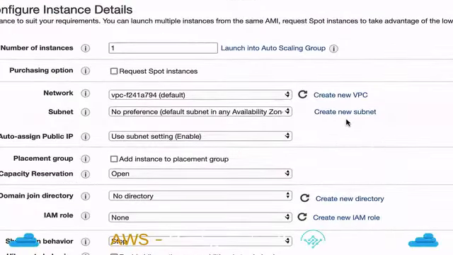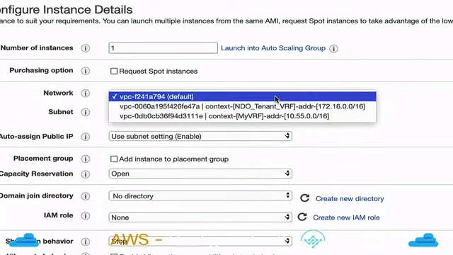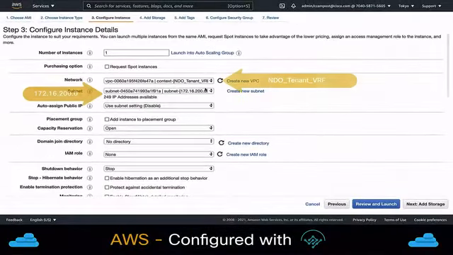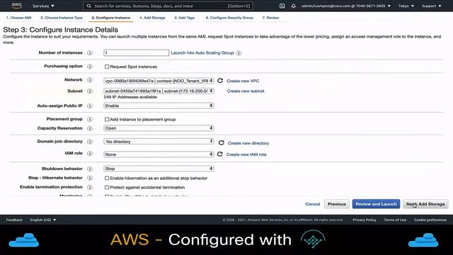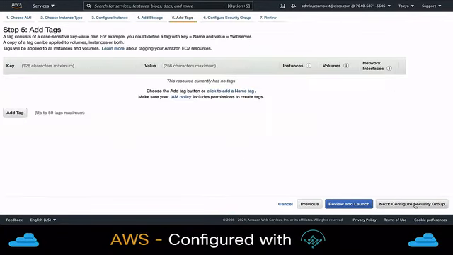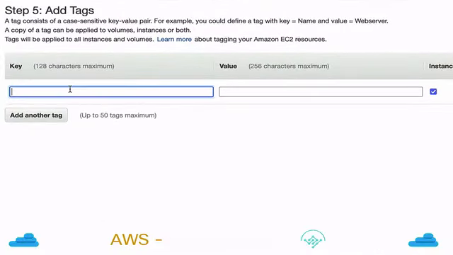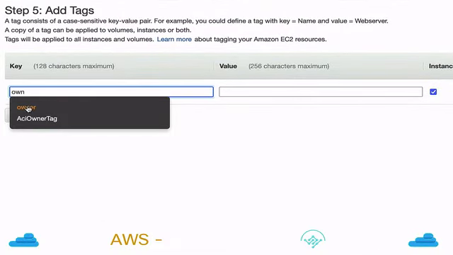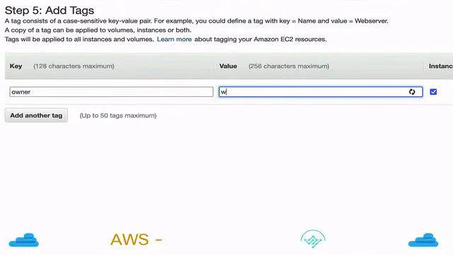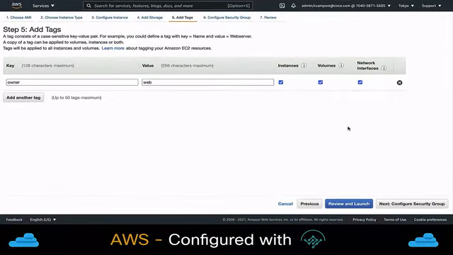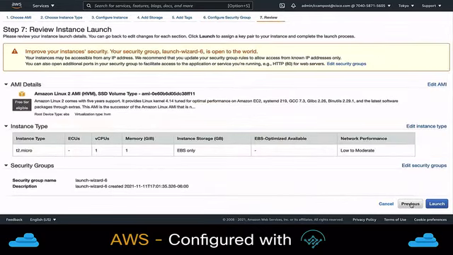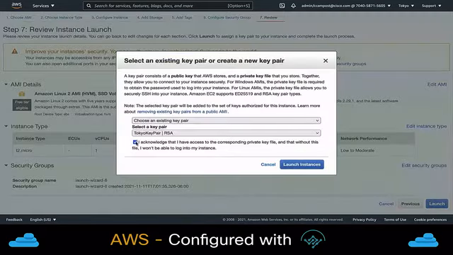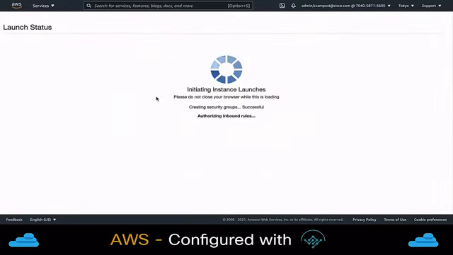This is the template. So here I'm going to choose the VRF that we defined that actually was installed by the orchestrator with the subnets that we need for the internal IP address. Then next, I'll add the tag that actually we defined to say this instance belongs to the EPG that we have in the template. Owner should be web. Next, next, next. And we are going to run the instance,